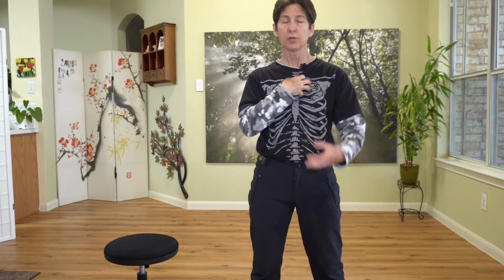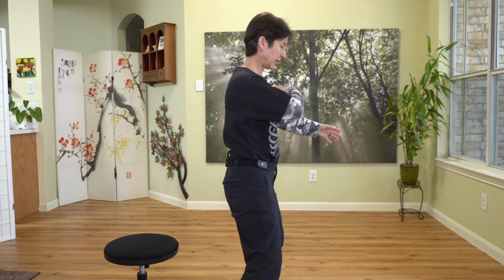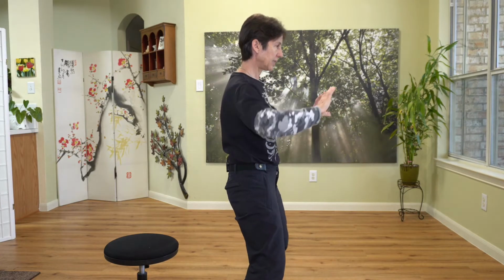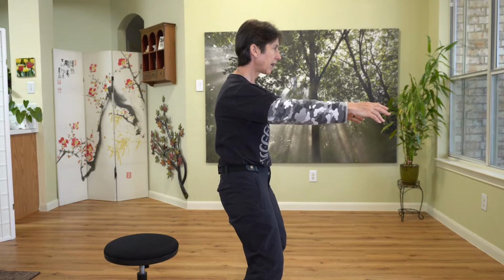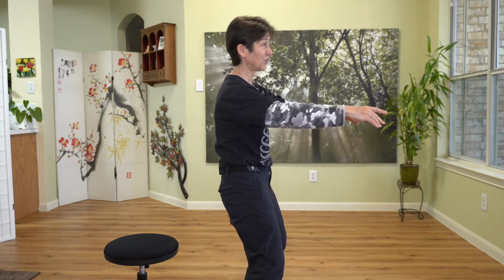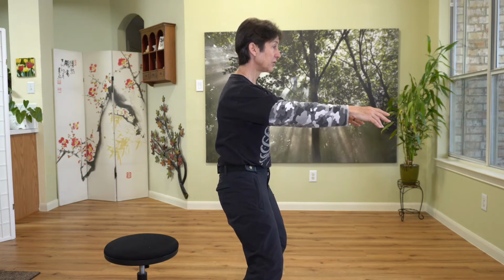Another misconception is this hollowing of the chest. Again, if you intentionally take action and hollow your chest, then you are collapsing. So I'll see a lot of Tai Chi practitioners, they hollow their chest and their scapula protract out towards the side, and then they kind of get this little hunched appearance. I'm exaggerating it, but actually I've seen practitioners like this. And this is not beneficial to your